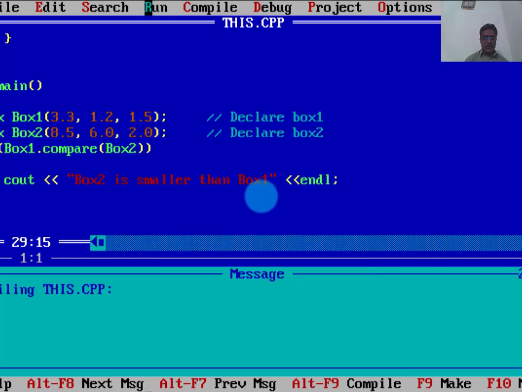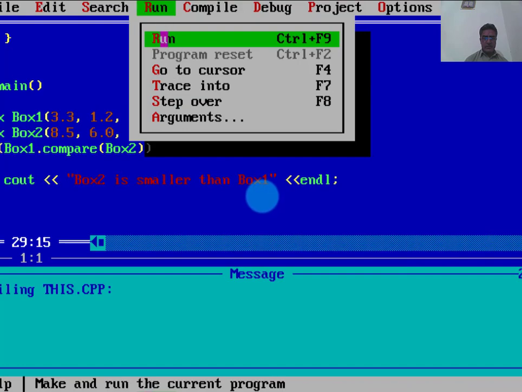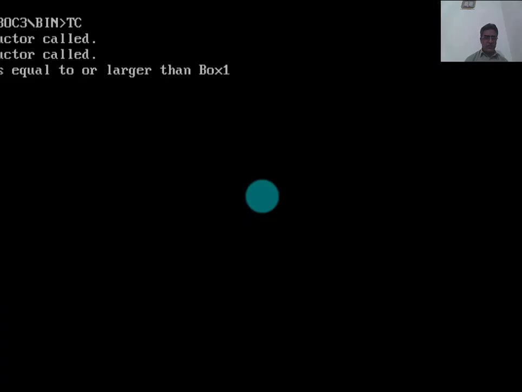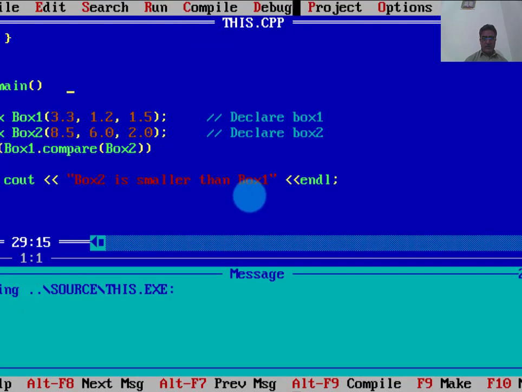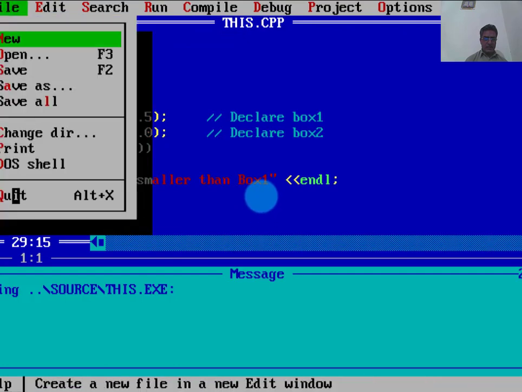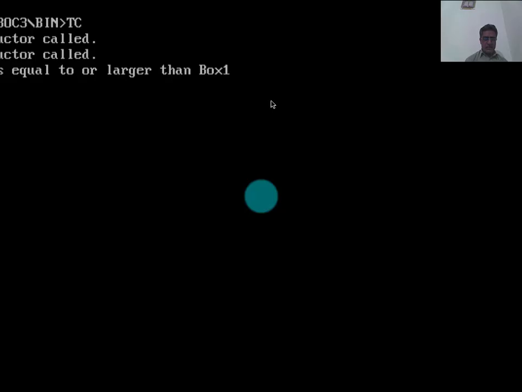So I run it and you may see the result: constructor called, and box 2 is equal to or larger than box 1, that is, the else block has been executed and the message has been displayed that box 2 is equal to or larger than box 1. This was actually the end of our lecture number 9.